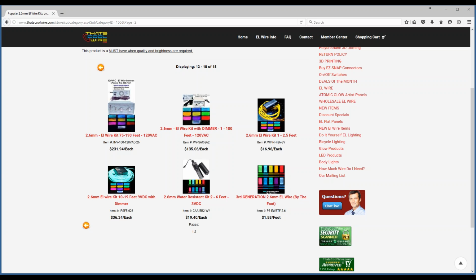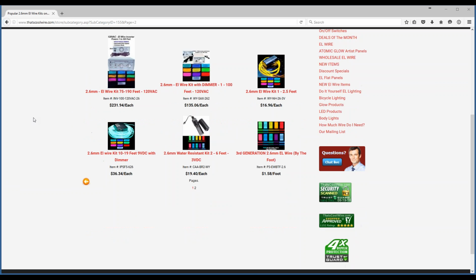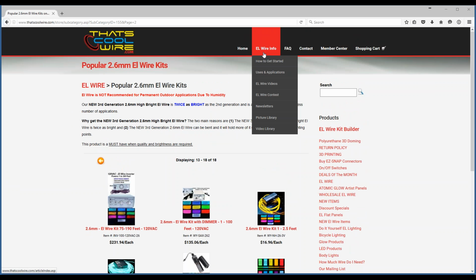Oh, now someone said they couldn't hear us, and now we're back. Okay, what is the difference between the easy snap connector and soldering? It's a really great question, and we're probably a little bit partial to the easy snap connector since we have a patent on it and we developed it, and it took us 5 years to do. I'm not going to show you the videos now, but up here at ELWire